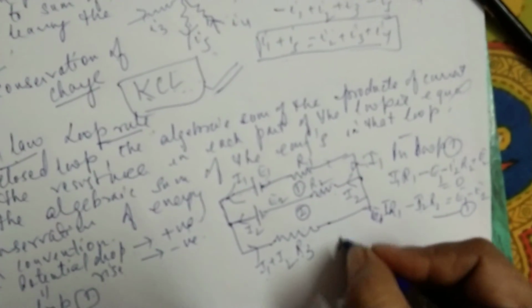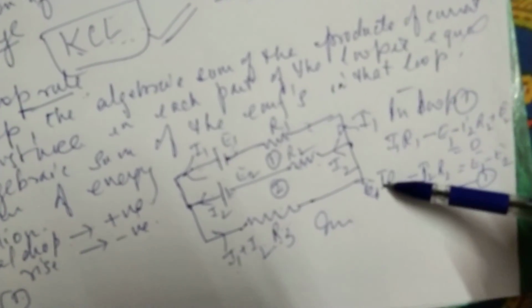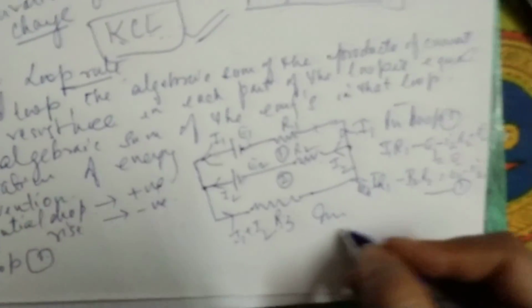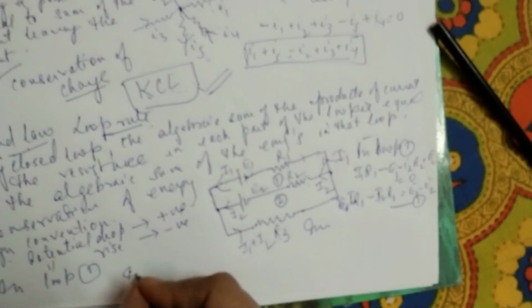Now let us do with the loop. I just repeat once again. This is I1 R1 minus I2 R2 is equals to, if it goes this side, it is E1 minus E2. Now let us do with the second loop. When we do with the second loop, in loop 2,